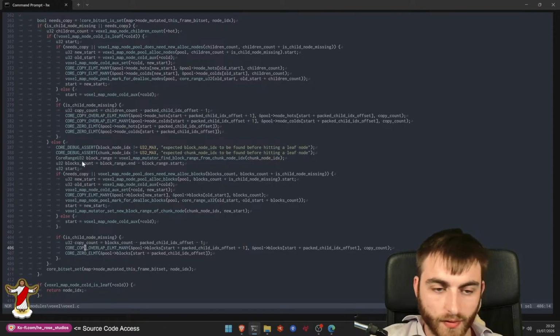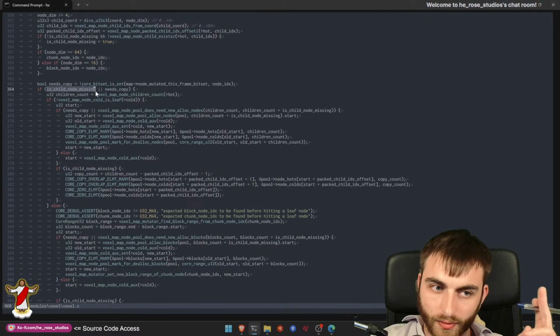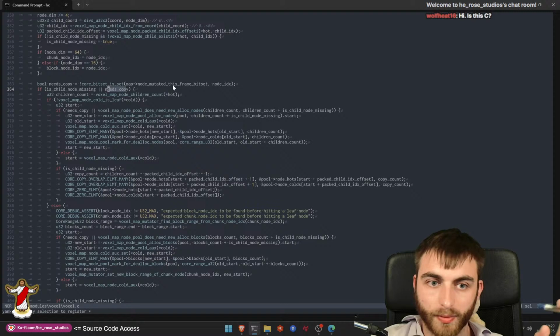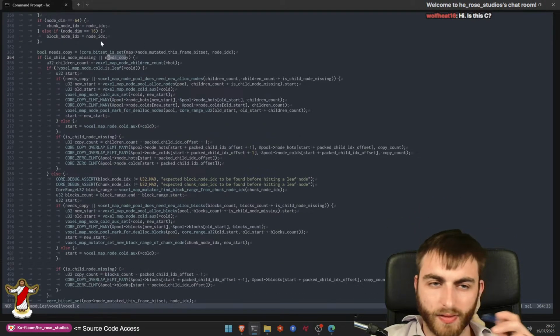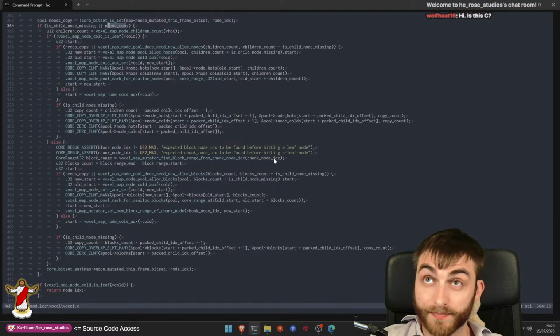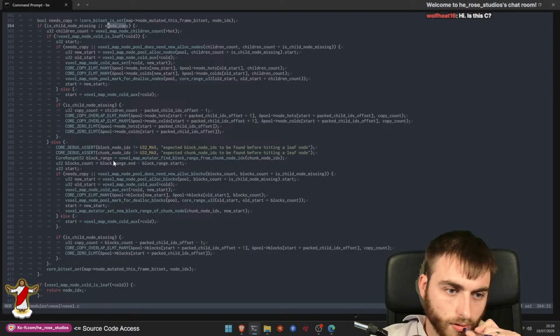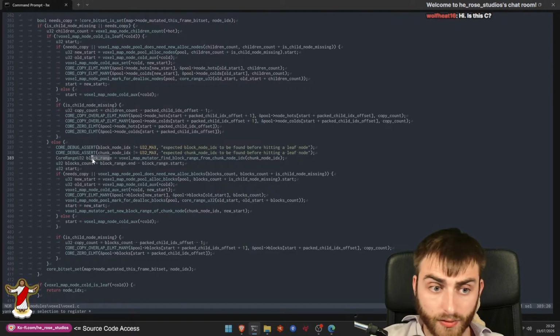Right, let's just double check the code and then maybe it'll come back in that way. So we're on the leaf node, and we're about to access the leaf node, but we're about to find out that the leaf node is missing, or we just need a copy because it's the first time we're mutating at this frame. I think it might be something to do with that. So we've got a range. We look at the chunk, which is 2 layers up, and that's 64 by 64 by 64 rather than this final 4 by 4 of voxels. And we find a range. That range can end up being 0 to 0, or it can end up being something that gives us the block count. We say, right, if it needs a copy,